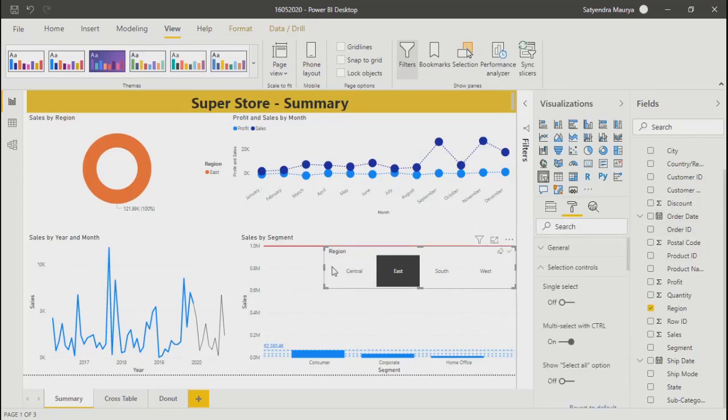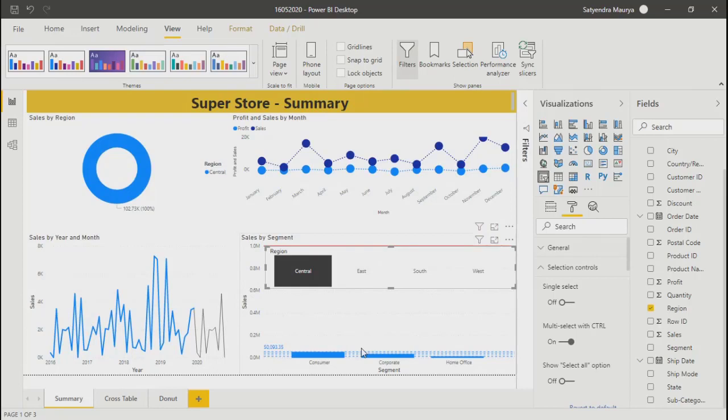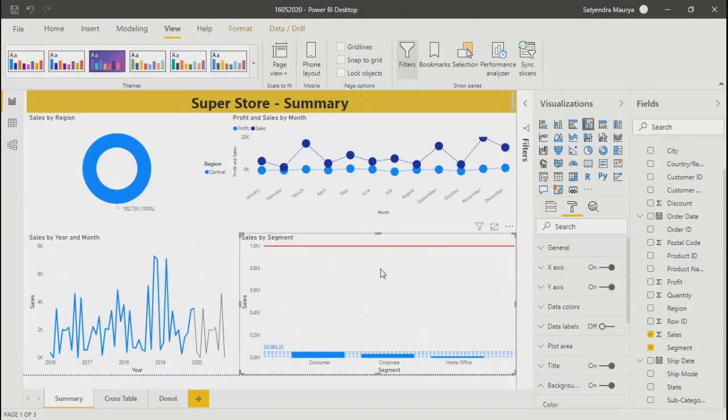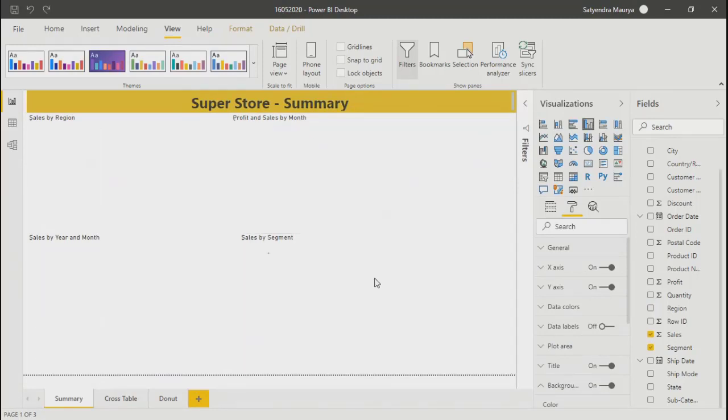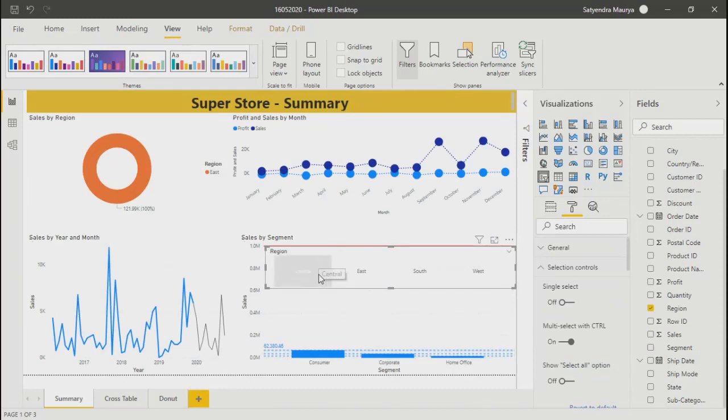Now another thing, one more question I have here. At this moment, this particular chart which we are looking at has very less data, so that's why we have space and we are able to show our slicer on top of it. But there could be a possibility that I don't have much space on my chart. So in that case, how can we play with the slicer so that whenever it is required, then only it should appear, or otherwise it will not appear?